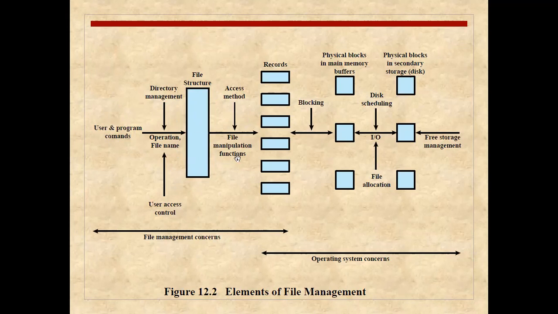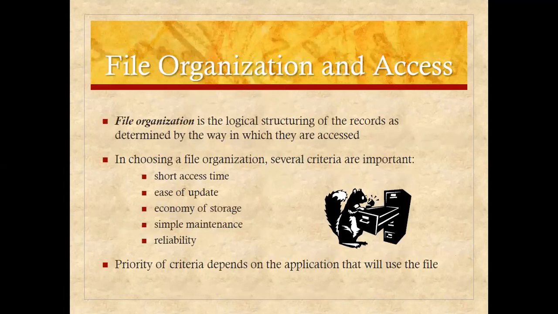Then file manipulation functions. What are the different functions you can use? That is the basic IO, logical IO, that is providing you the different file functions. These are the records. Then records, you will be changing from main memory to secondary memory. This is the flow, how you are changing your data. Secondary storage to primary, primary to our buffer, buffer to our file structure, and file structure to your user application program. So this is all about the file management, how your files are managing.